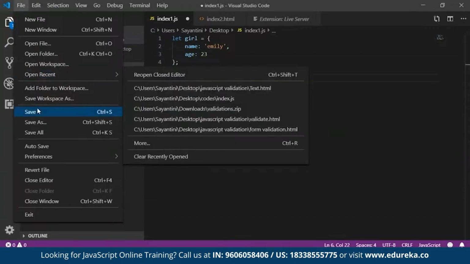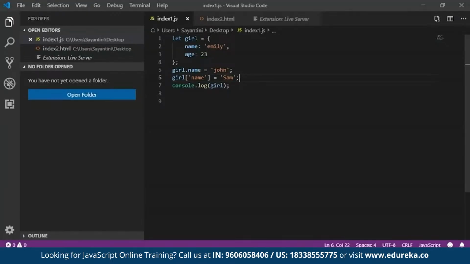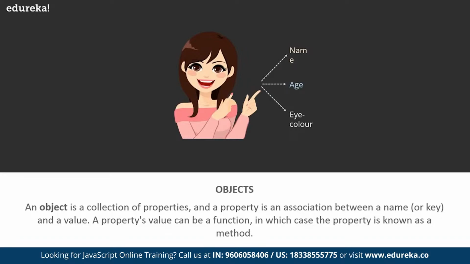And then now let me save this one. Now once I go back to my console, you can see that the name is changed from John to Sam again. So these were two different approaches, that is the dot notation and the bracket notation, through which you can get into the property of your object and make any particular changes. So now that you have learned how to declare an object,